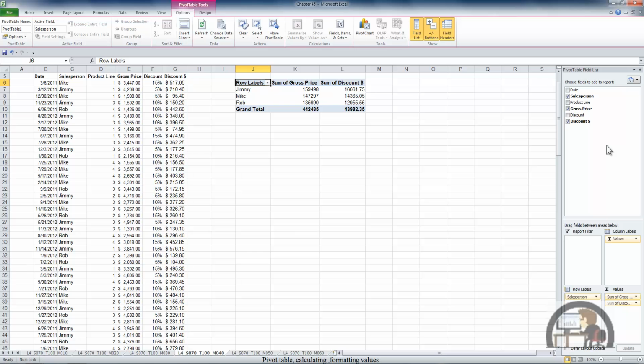the discount dollars. So the pivot table is drawn using the general format for these numbers, and it displays them in a way that's consistent, but it looks inconsistent because the sum of discount has values to the right of the decimal place, and the sum of gross price is an integer. So we can fix that, but first I'm going to go through and show you the different ways to access